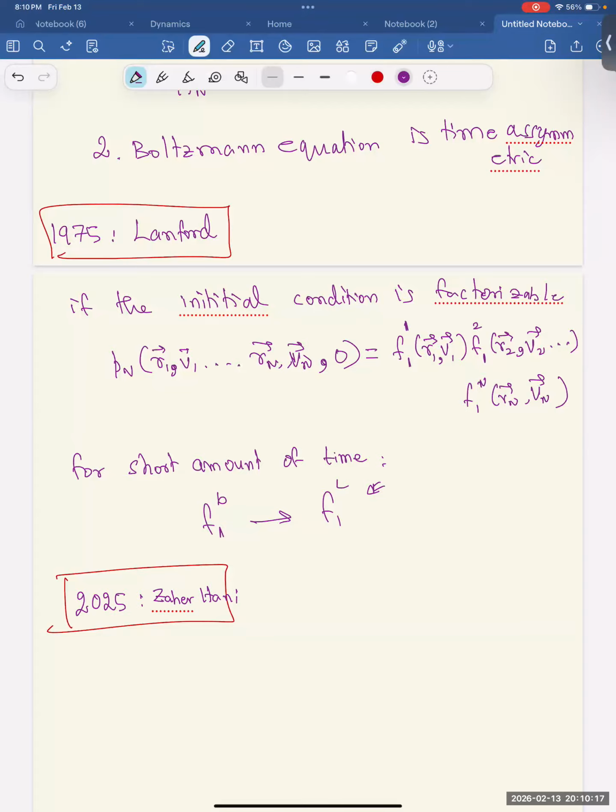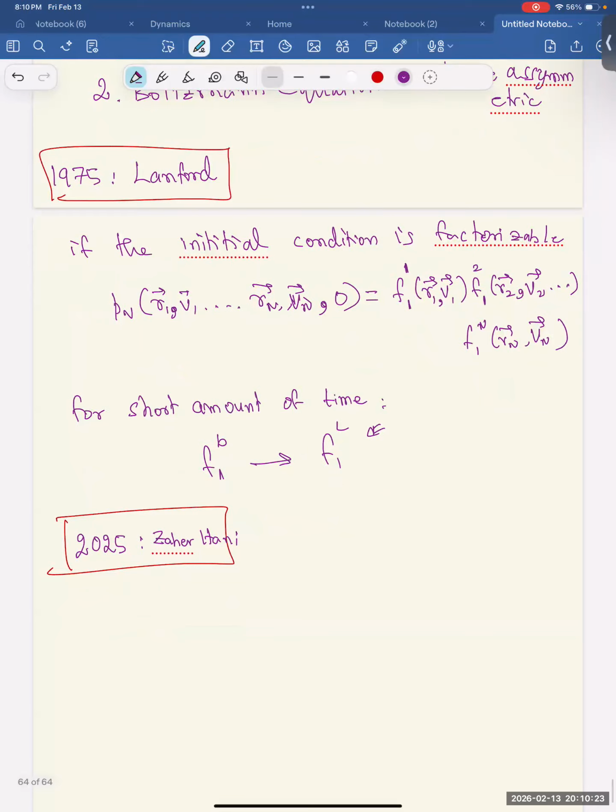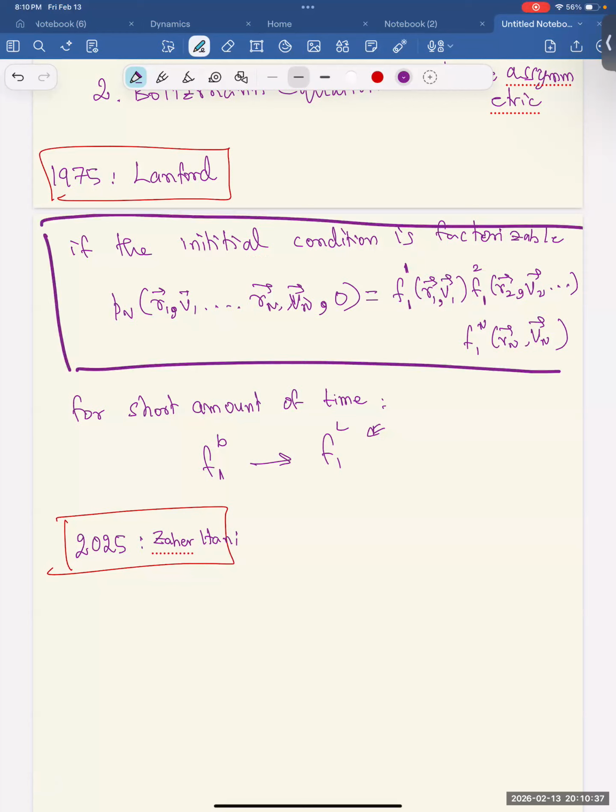They showed something remarkable. It's a 160-page paper, a little bit hard to read, but what it says is something very beautiful. It starts with the same point that Lanford started. Okay, it says, if the initial condition is factorizable in this form,